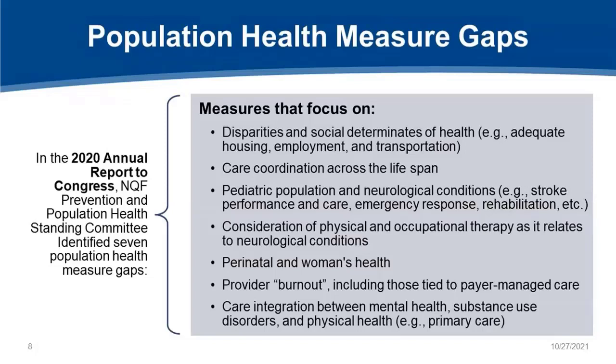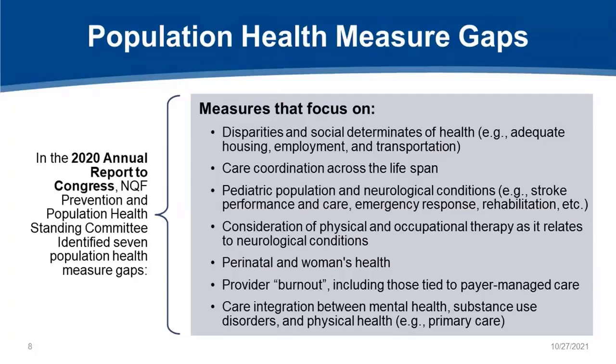And as you can imagine, population health is a fairly high priority in all levels of government. In their 2020 annual report to Congress, the NQF Standing Committee on Prevention and Population Health highlighted 7 population measure gaps, so areas where there needs to be a little bit more work in terms of measurement. And they suggested efforts to bridge those gaps through the development of measures that focus on things like disparities and social determinants of health, things like adequate housing, employment, transportation,